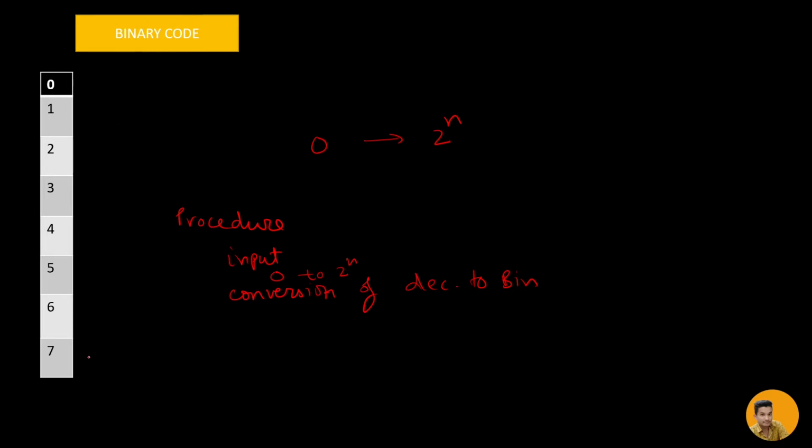These are decimal numbers, so we need to convert them to binary, and I have made a separate video on how to convert a decimal to binary. It is better if you watch that video first and then come to this video, and I will provide the link in the description. So this is conversion of decimal to binary. Then the next step is to convert this binary to gray code, with the method I told: first copy the MSB, then perform the XOR operation, and then display the result. So let us code this and see.